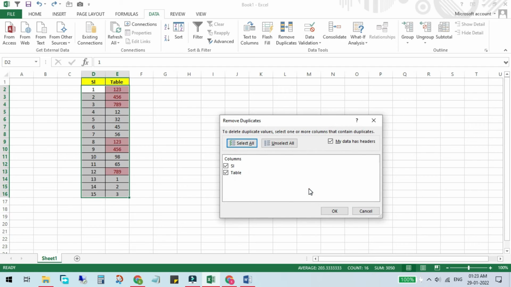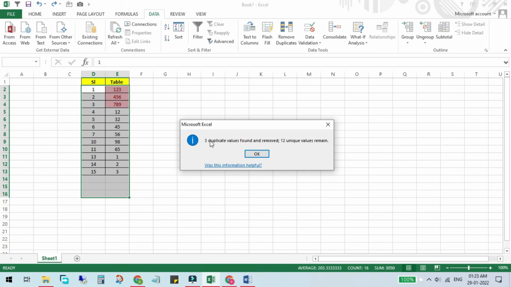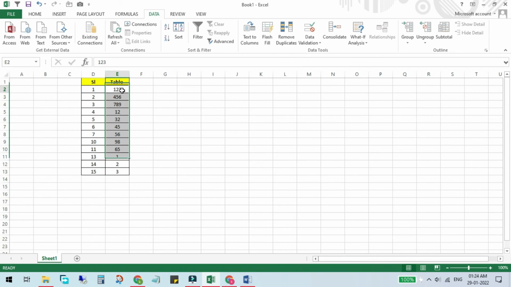Yes, Remove Duplicates. You can see the SL number, the table column. I'm selecting the table column where my actual duplicate value is present. Then I'll click on OK. You can see it is indicating that 3 duplicate values found and removed. So 12 unique values remain. If I click OK, you can see there are 12 unique values